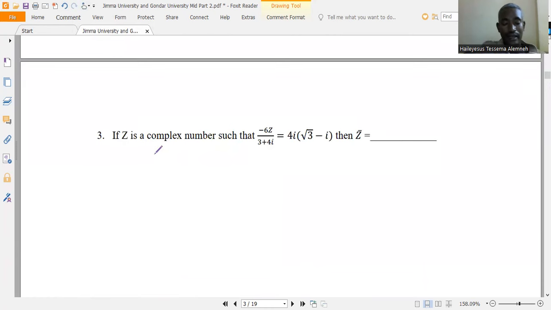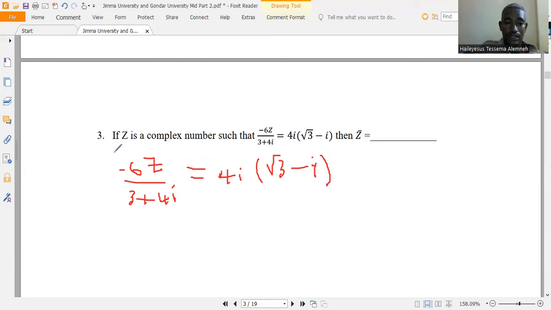So this is the question. ሌላኛው: if z is a complex number such that minus 6z over 3 plus 4i is equal to 4i times 3 radical 3 minus i, then find z conjugate. z conjugate ፈልጉ ነው የተባለው። So እንደምታዩት minus 6z over 3 plus 4i is equal to 4i times radical 3 minus i ነው ተብለናል፣ እኩል ናቸው ተብለናል።